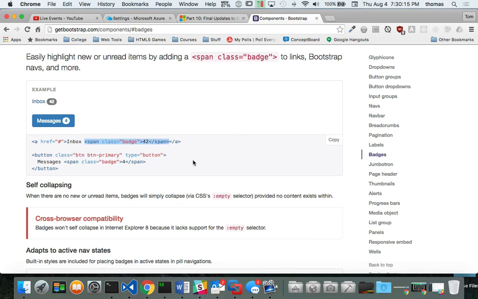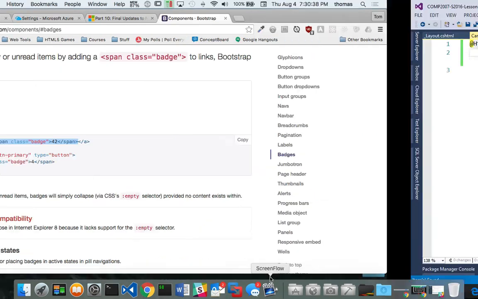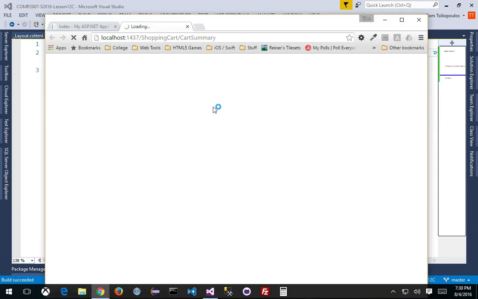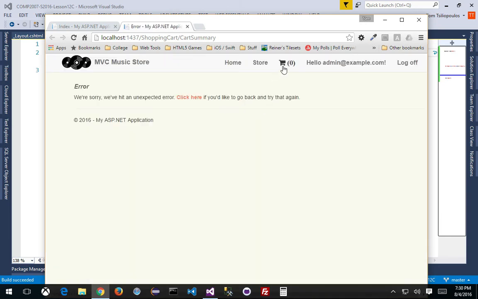So I can read the value, whatever the value is from the inner HTML, and I can surround it, instead of putting the round brackets, take the round brackets away, because I wouldn't need those. I'm going to put a badge, right? And then put something else in there. So how do I hook into that? So I'm going to go back to this. And let's run this thing so I can see what I can hook into. Because I can add an ID in here as well. So if I look at this,